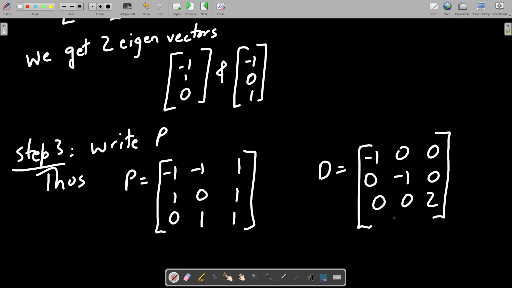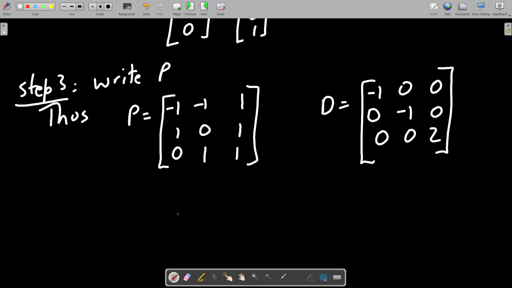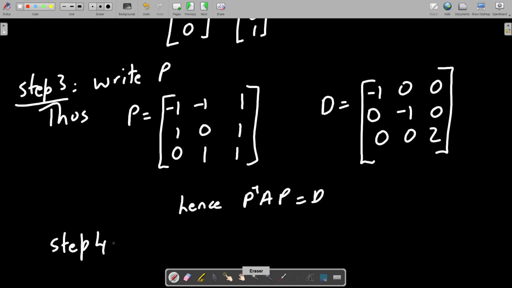Okay. For homework during free time, you can verify. For exam, stop at this point. Means write this. Hence, P inverse AP is equal to D. For homework, step 4 has to be done. If you get time, verify this. For exams, don't do this, you will waste a lot of time in this. Just believe what you have done is correct.